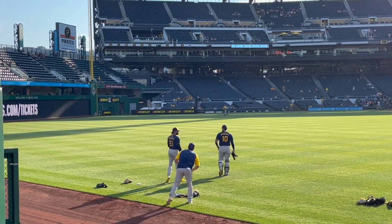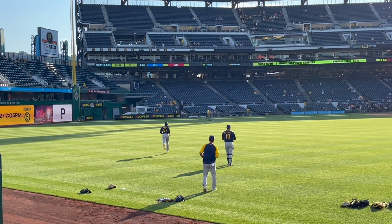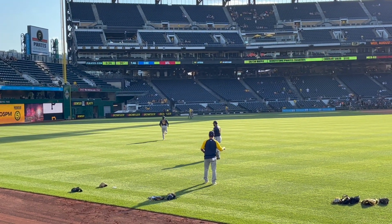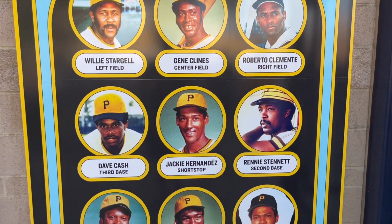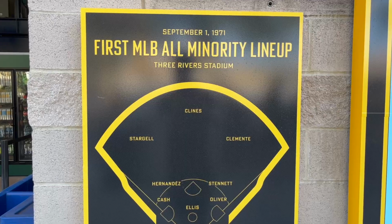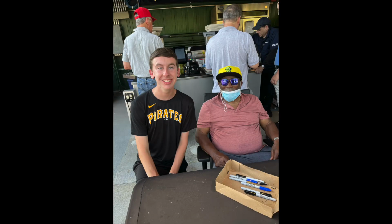Here's Freddy Peralta and Omar Narváez warming up. Peralta, this was going to be his first start coming off the IL. He was injured quite a bit last season, so that was exciting. I was going to see a pretty good pitching matchup. Pirates-Brewers, you were expecting the Brewers to come out on top. We will get to the results and the matchups between pitchers in just a little bit, but here is Manny